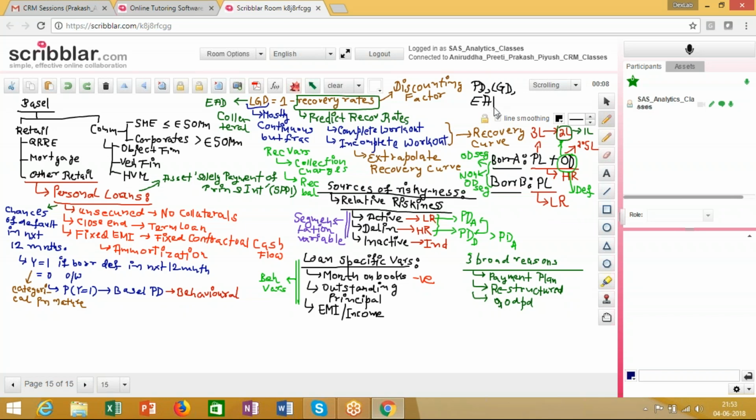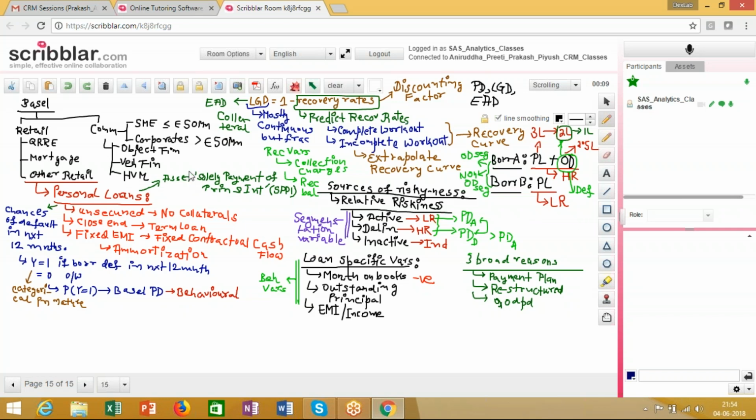So we will be talking about most of these, and we see that as we talk about these for each of these models, the target variable for these models, for the EAD model, keeps changing from product to product. The sources of riskiness for the products also change. So basically, we'll start talking about